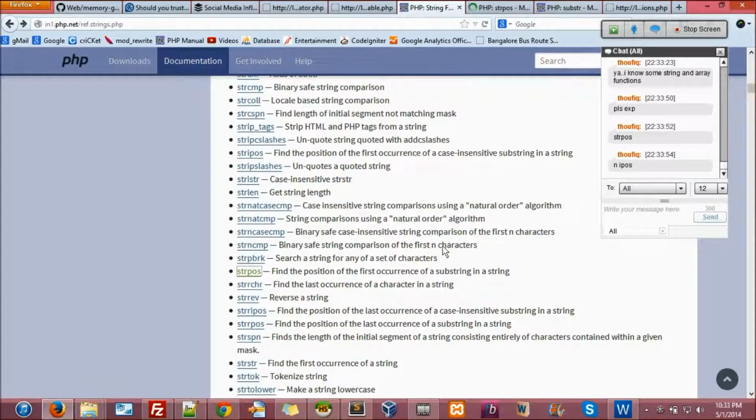I in stripos is case insensitive. Wherever you find I, anywhere, I means case insensitive. It does not care about the case. Whereas if it is not I, then it's normal, it's case sensitive.